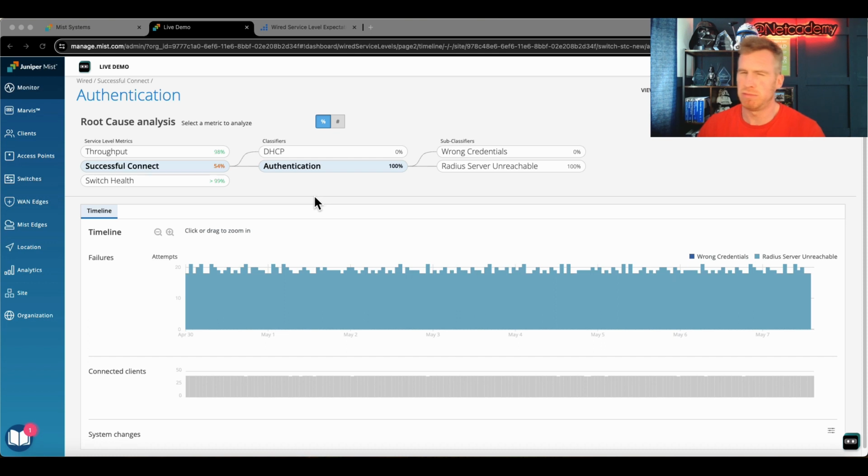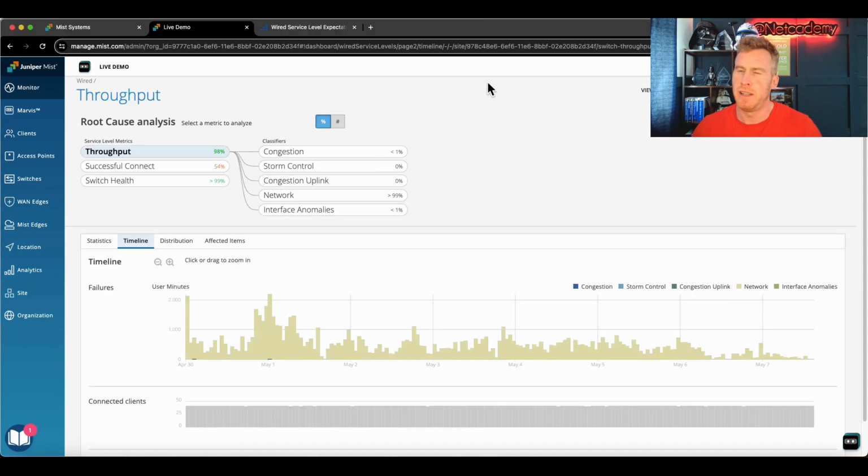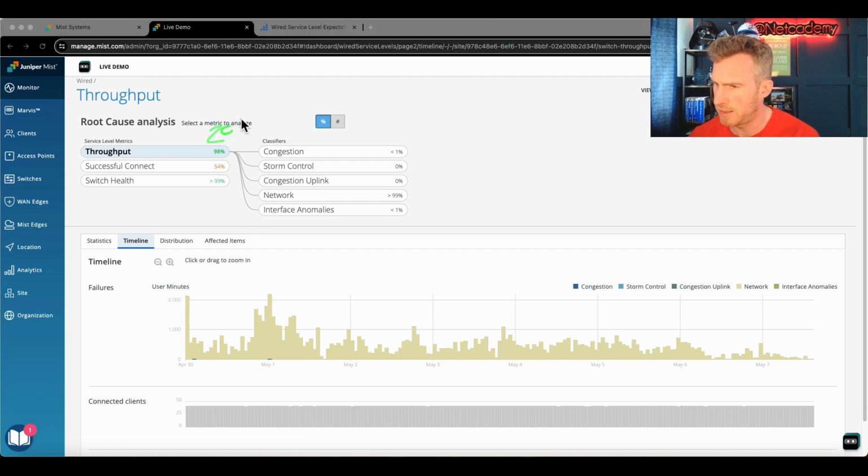So right there, I know if I was that operator what I need to look into. Now the other, I wouldn't say it's a major cause for concern, but the throughput is at 98%. Throughput at 98% is very, very good. I'm sure no one's really going to complain about that. But because of all that state of telemetry on the Mist cloud, Mist is able to break out that missing 2%. Let me write that again, because my pen was automatically erasing my 2% marker. The classifiers are again classifying what's happened to this missing 2%.